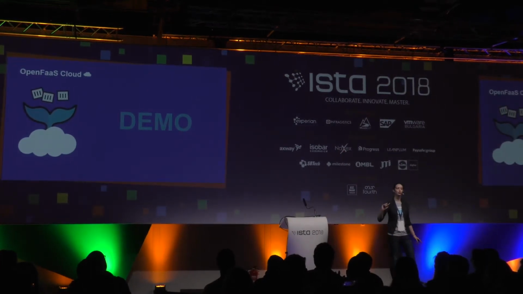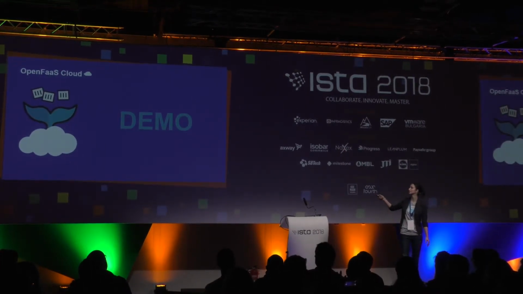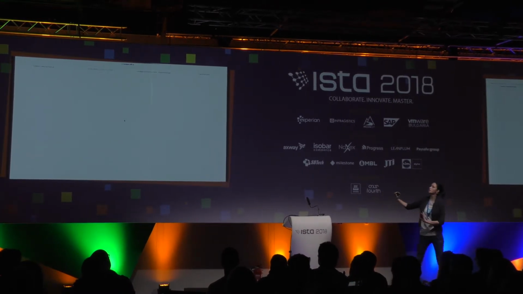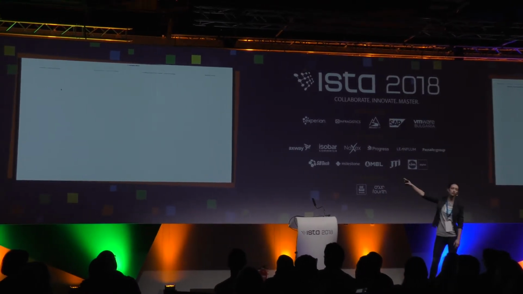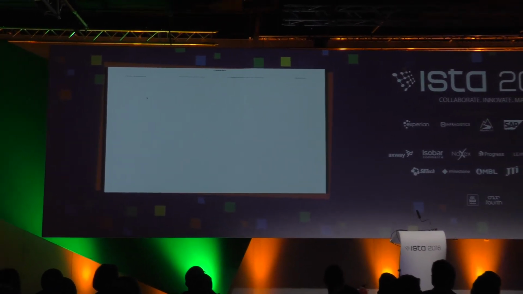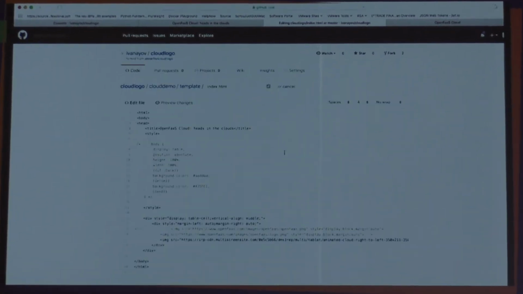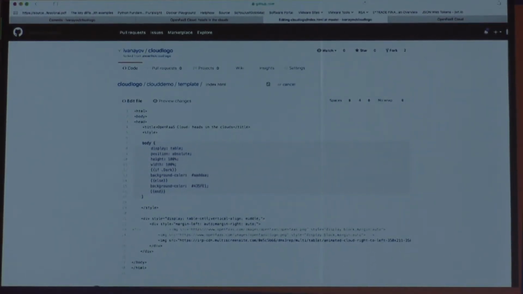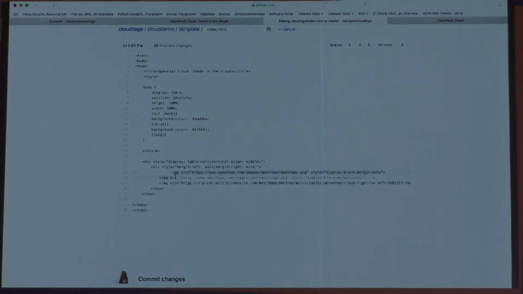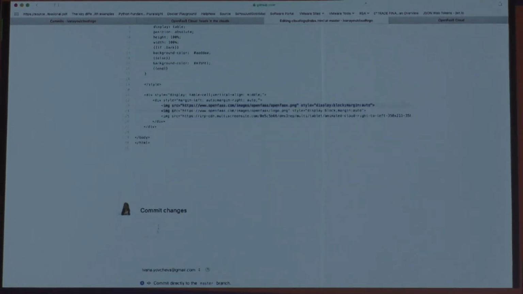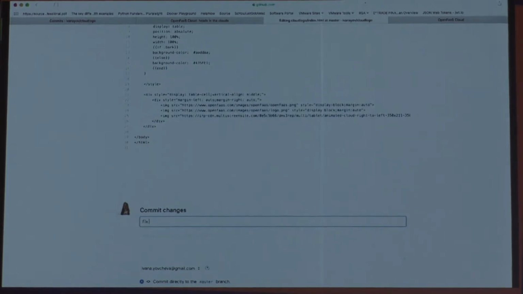And I'm going to show you a little demo about the OpenFaaS Cloud. Just imagine that your production broke like this. There was something, but it disappeared, totally broke, and you want to fix it. You can do it as simply as this. You go to GitHub, you open your code, you do a fix here, and after that, your function is directly built, pushed, and deployed again, and you have it running.